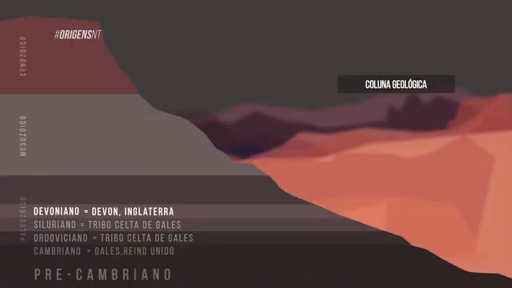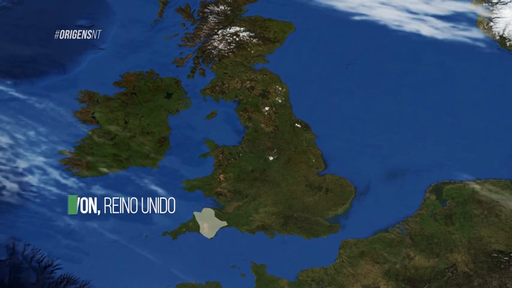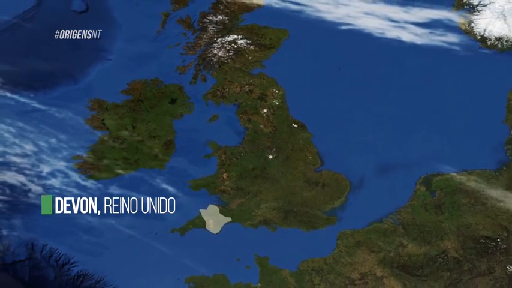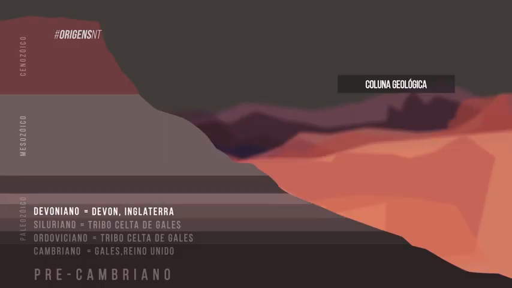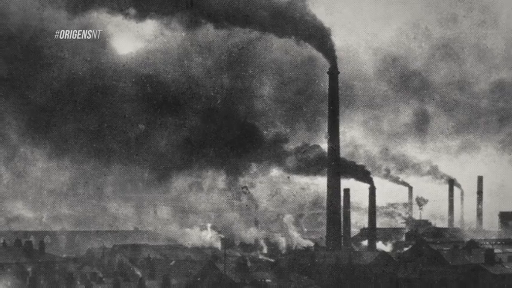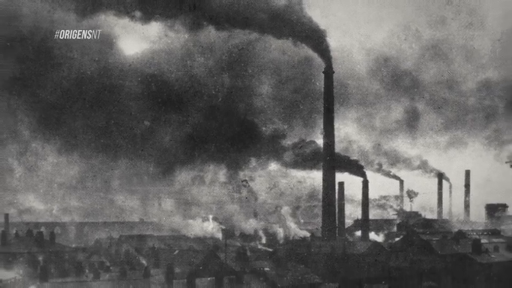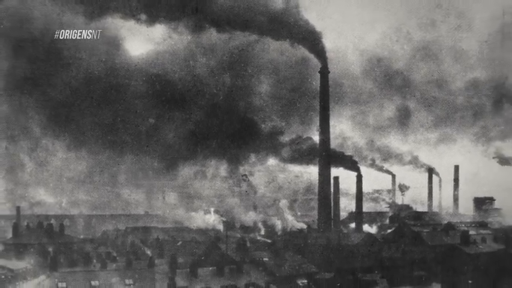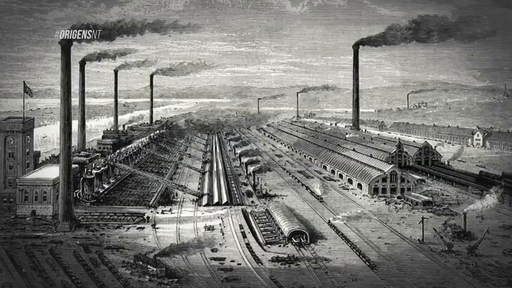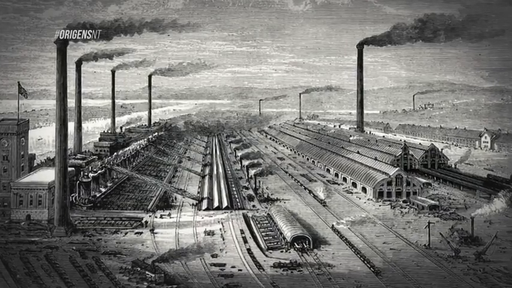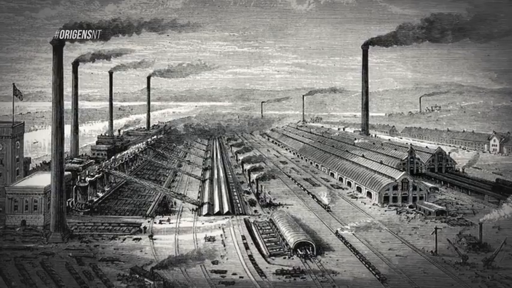Then the Devonian was from Devon or Devonshire, England. Then there's the Carboniferous, which were the coal measures, where the Industrial Revolution was starting in the late 1700s, early 1800s, and they used the coal to make steam engines. And so the coal measures were the Carboniferous. The only one outside of England in the Paleozoic that the Europeans recognize